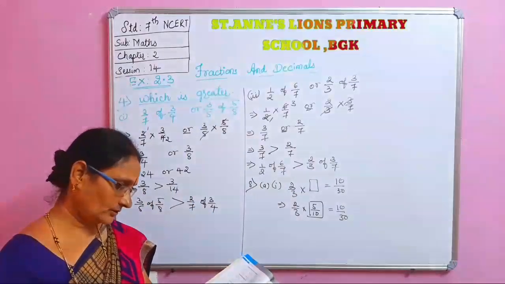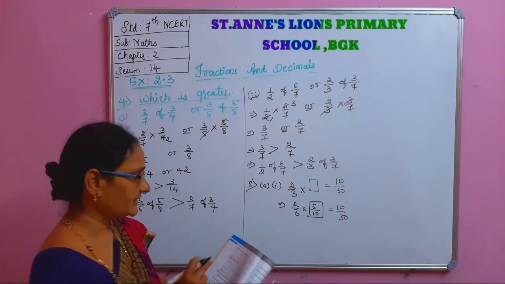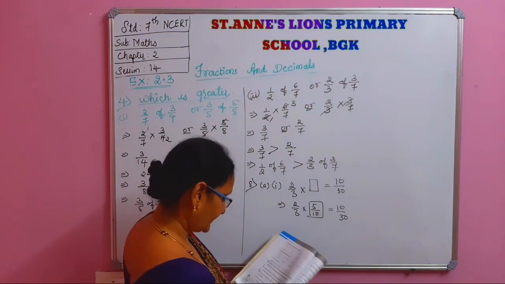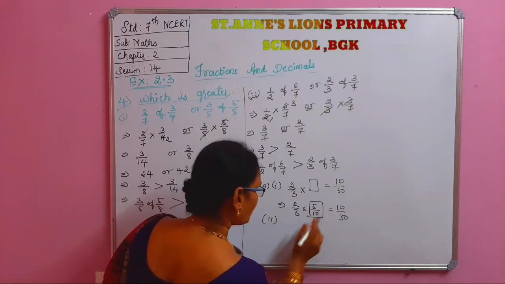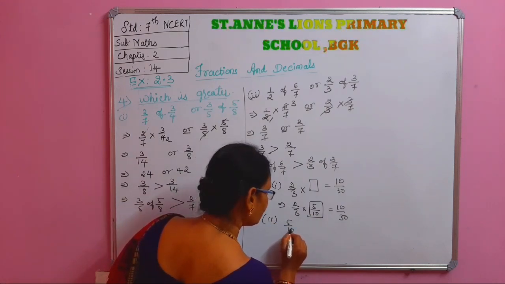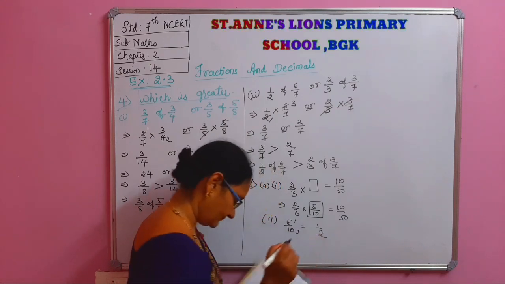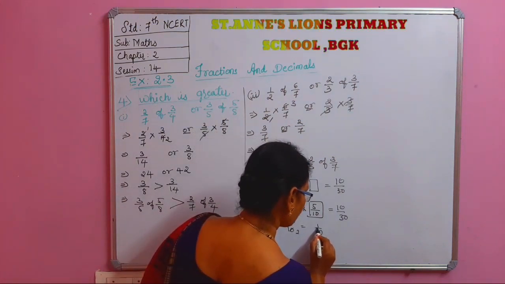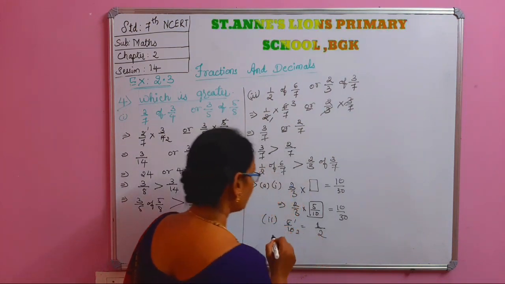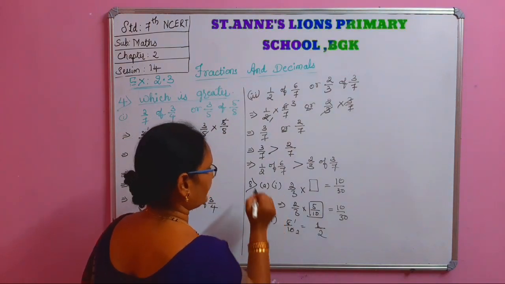So like this you have to get the answer. The simplest form of the number obtained in the box, that is the second one. This is the first, second one. In the box is 5 by 10. Simplest form is 5 ones are 5, 5 twos are 10, 1 by 2. The simplest form in the box is 1 by 2. This is the answer for the second one. Then this is for A first, second.